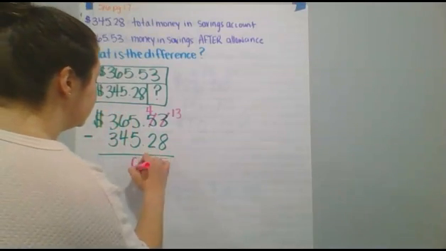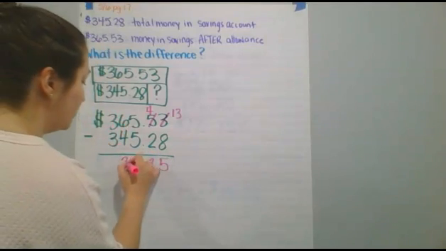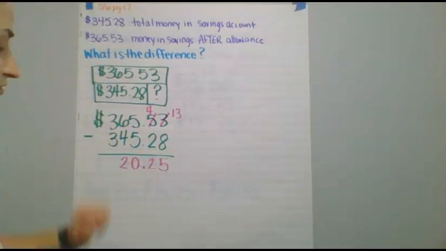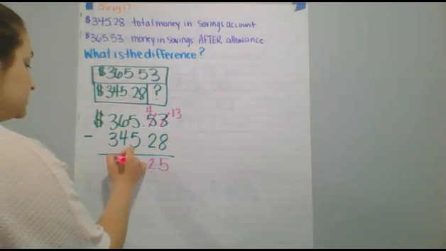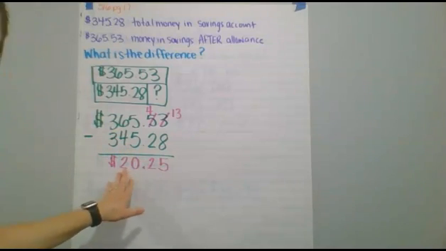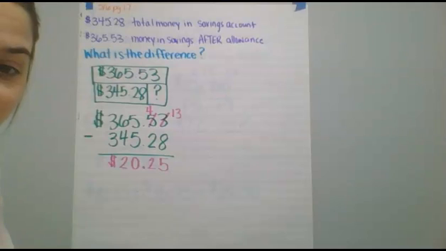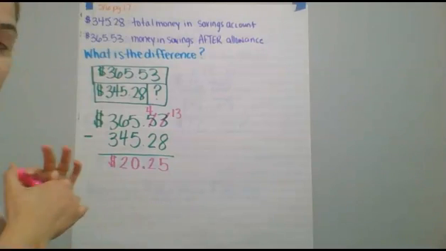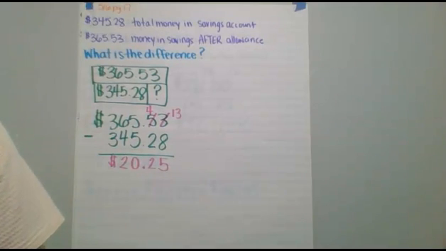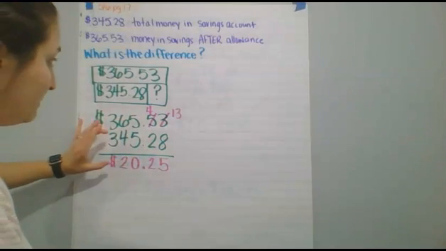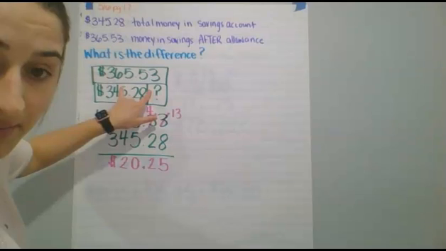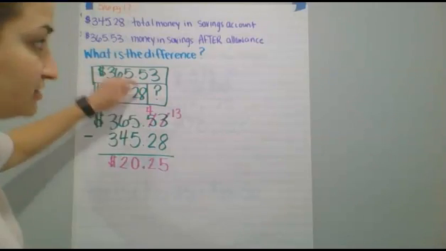5 minus 5 is 0. 6 minus 4 is 2. 3 minus 3 is nothing. So we can assume that she earned an allowance of $20.25 from her dad. But the best way to check her work is to do the opposite operation, which is going to be addition. So what we're going to do is take the two parts, so these two amounts, and add them together to see if we get